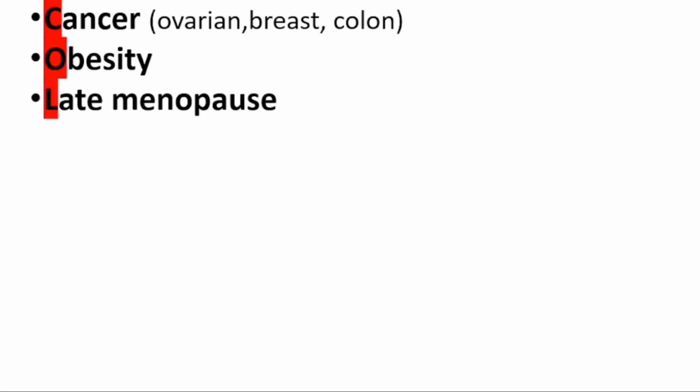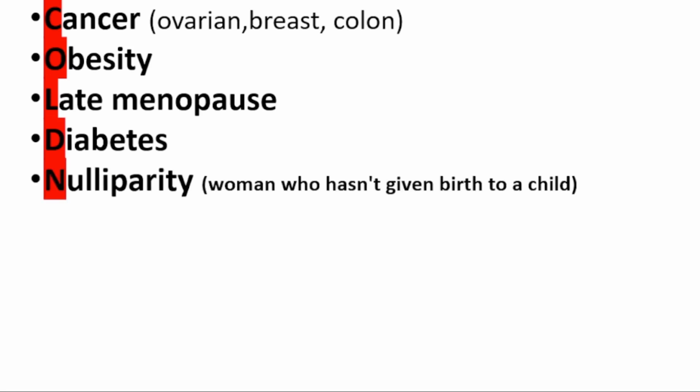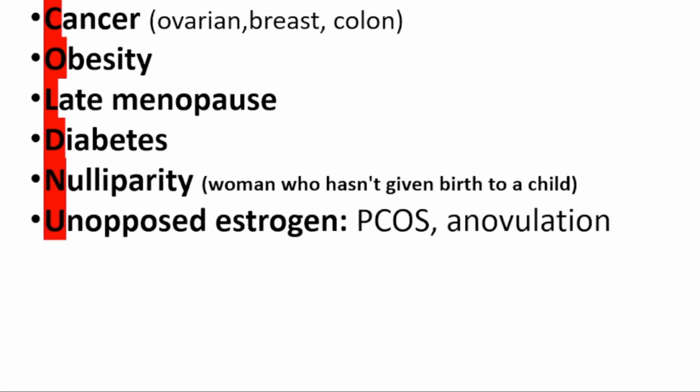We have a mnemonic for the risk factors, which is called COLDNUT. C for cancer. If you have ovarian, breast, or colon cancers, you are more likely to have endometrial cancer. O for obesity, L for late menopause, D for diabetes, N for nulliparity, which is a term for a woman who hasn't given birth to a child, U for unopposed estrogen, which is seen in PCOS, polycystic ovarian syndrome, and anovulation,